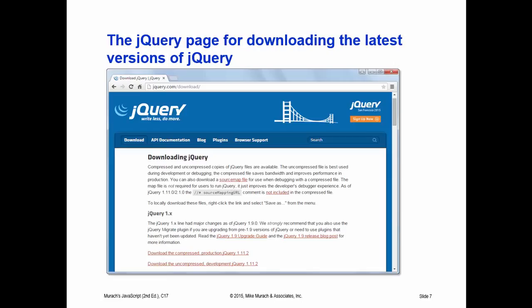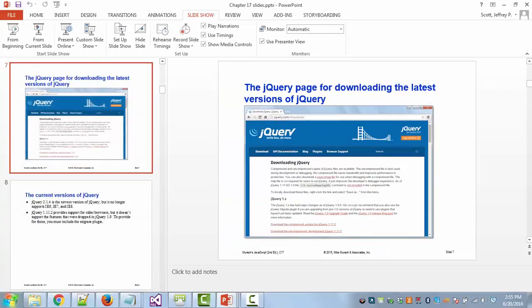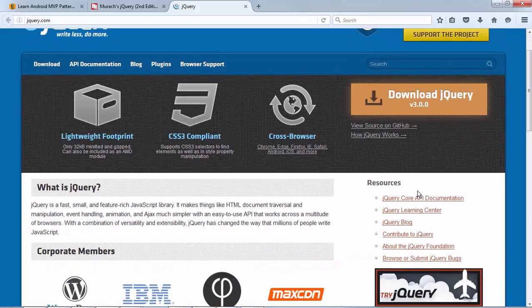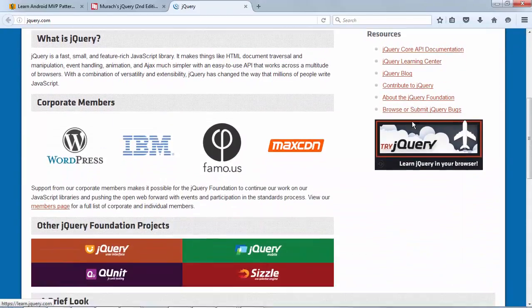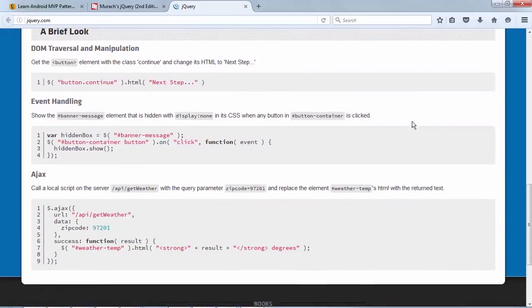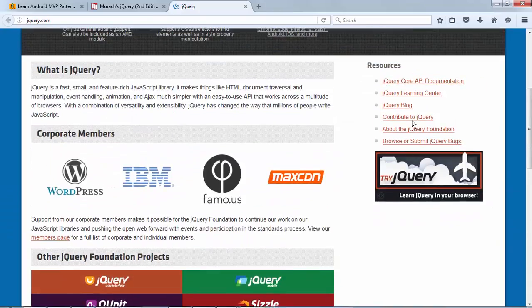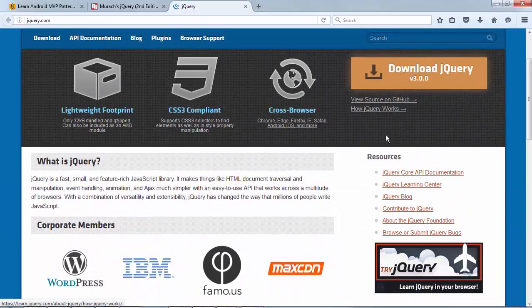So the jQuery page for downloading the latest versions of jQuery. Let's just go back to where we were before. So we're actually at the page. Now, a couple things about this. Notice what we have here. Download jQuery version 3.0. Well, when we work our way down here, this part has recently changed, because when we look here,